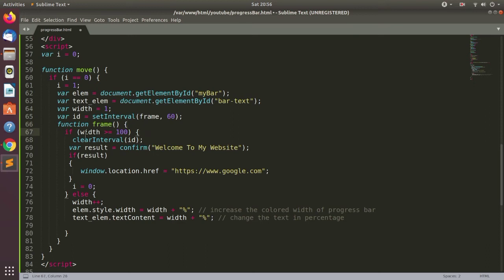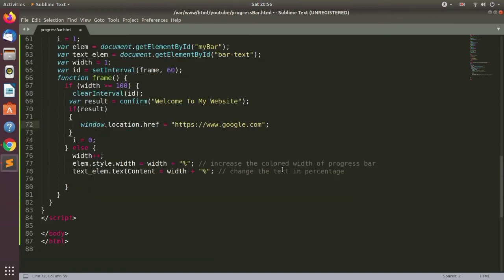Okay, when width is greater than 100, what we are showing is the confirmation box saying welcome to my site, and if the confirmation is okay, then we redirect our page to www.google.com.